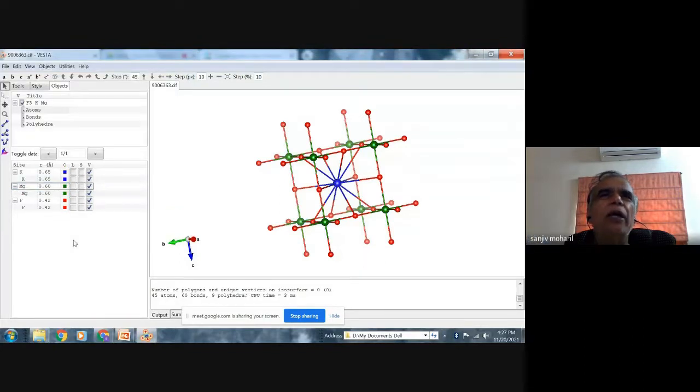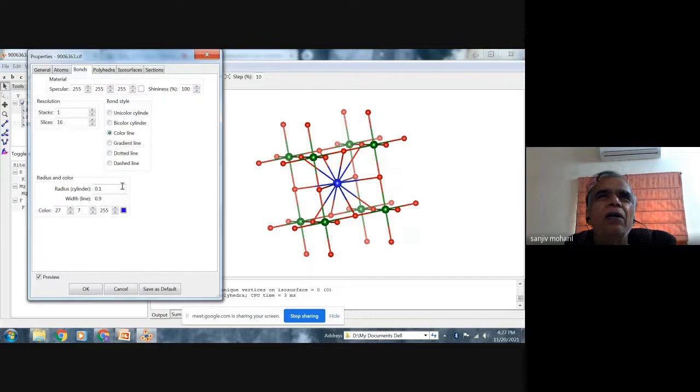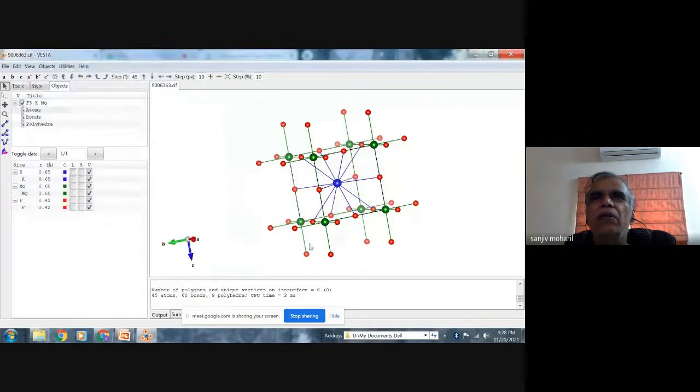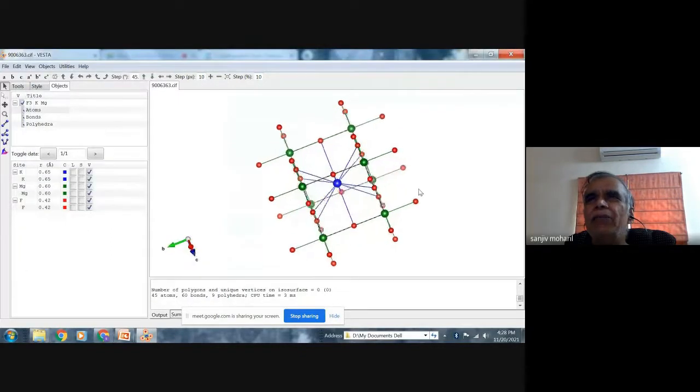And I can also edit the bonds. So then I get this type of diagram.